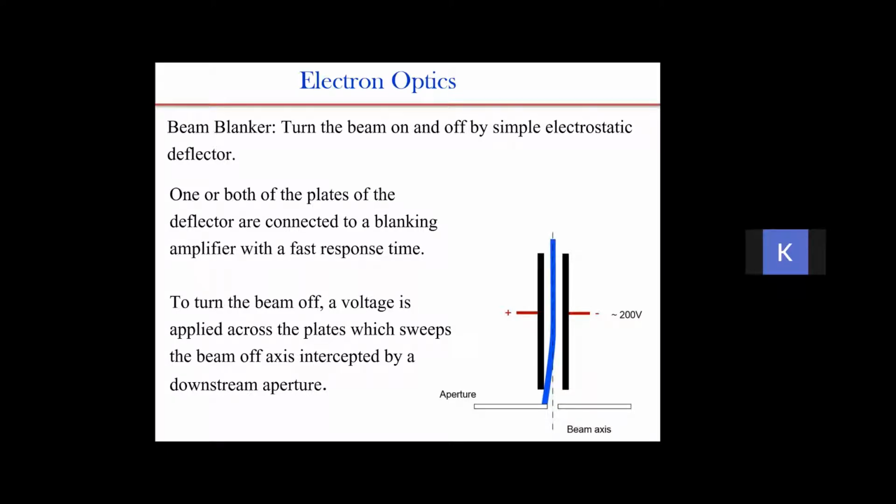Beam blanker is an extra thing that you have to add. Even if you have an SEM, you have to add this on. And you can see how a beam blanker works here. That means you deflect the beam from the axis of the aperture to an opaque region, and this has to be very fast. So the response time of a beam blanker has to be very fast, otherwise you cannot get a good pattern in EBL. So that is a very important part of a beam blanker.